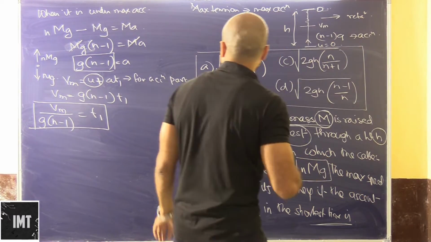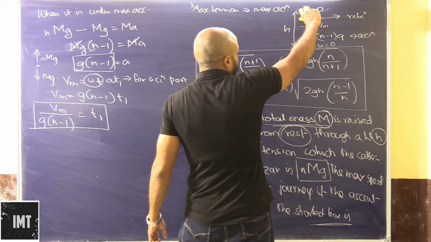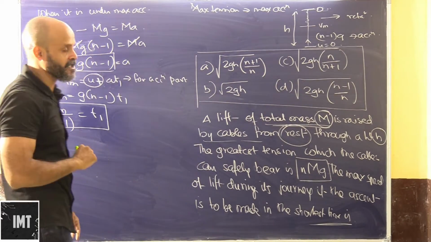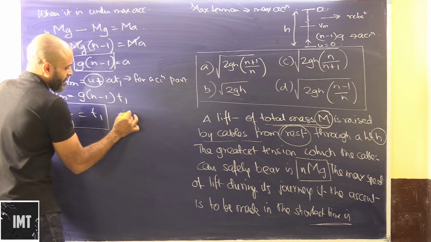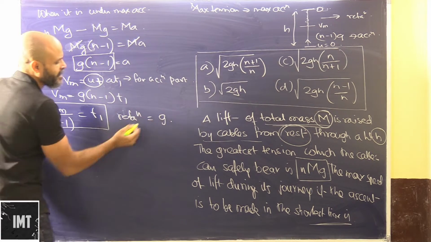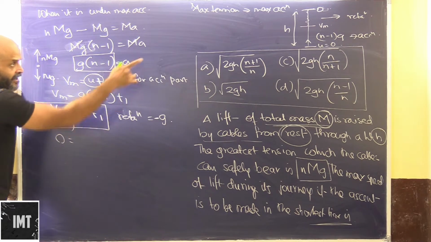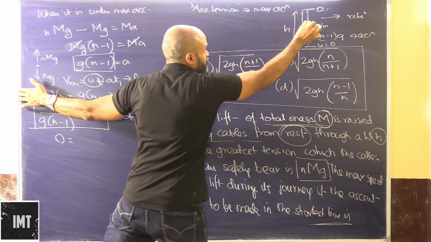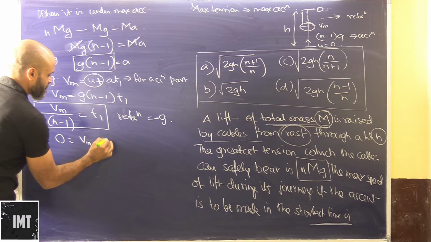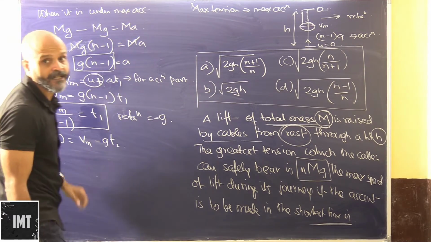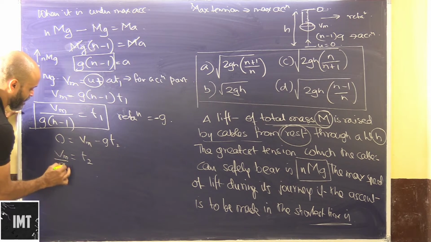Okay. Let's now move on to the next part here. Here the acceleration is basically retardation. Obviously now retardation will be how much? g, or we can say minus g. So here the final velocity is 0. Here we are tracking this motion. Here the velocity is Vm and this is 0. So Vm minus g into T2, let's say the time taken for that is T2. Okay, so here we have T2 is equal to Vm by g.